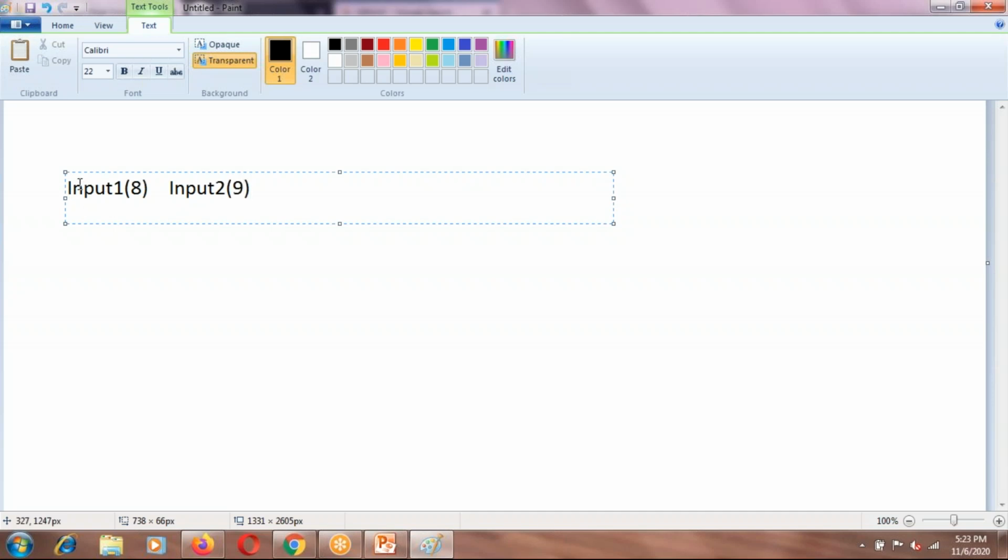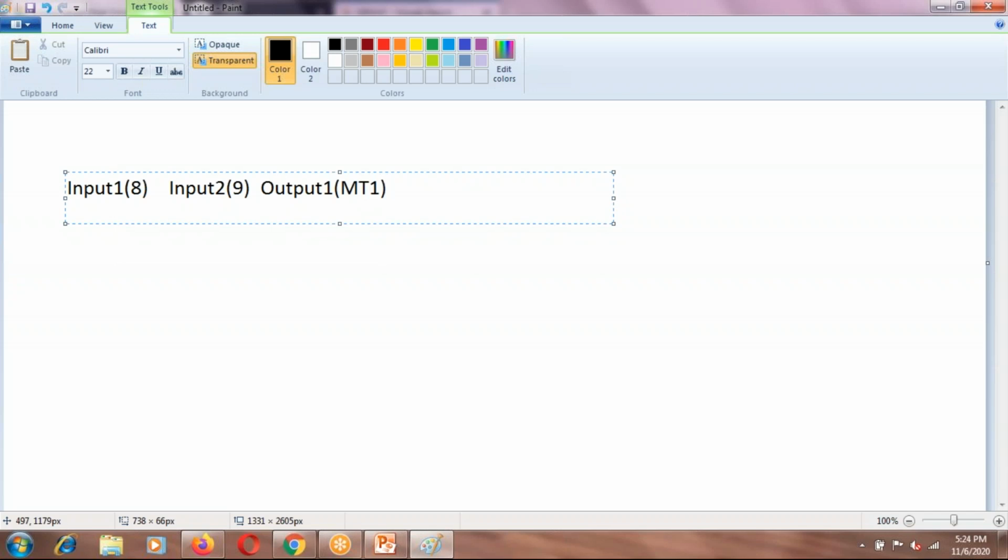Here I am writing the L293D pin numbers. This is input 1 of the L293D, connected to my Arduino pin number 8. Here also this is the pin of the L293D and its connection with the Arduino. Now output 1 is connected to motor terminal 1, MT1, so it will be easier to comprehend.